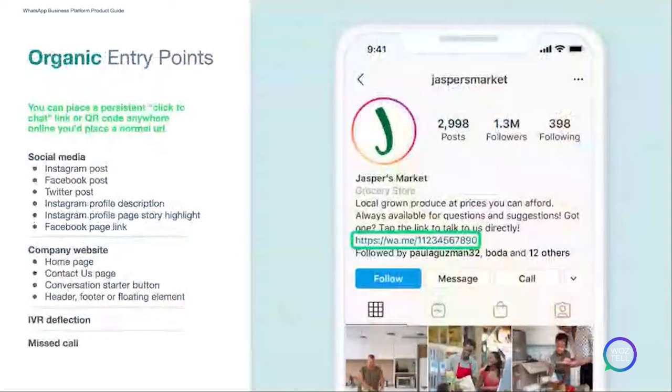Okay, so there are two main ways. One is organic entry points. Organically, you can generate a wa.me link. This is a short link that will redirect the user to open the WhatsApp Business account directly. You can put it in various places on social media like IG or Facebook posts, profiles, descriptions, story highlights, or even